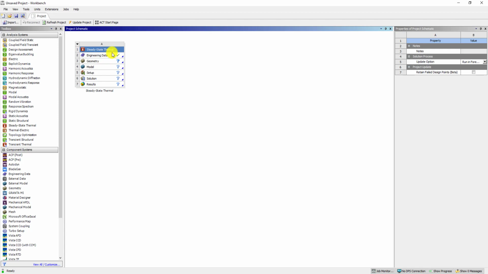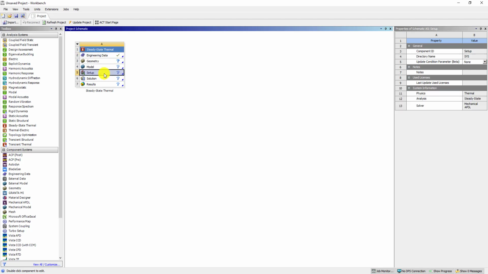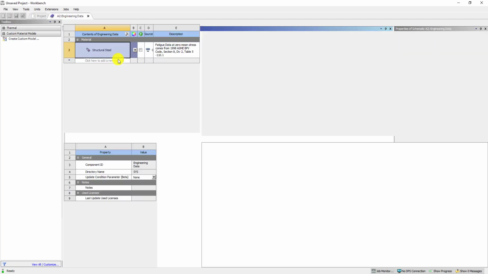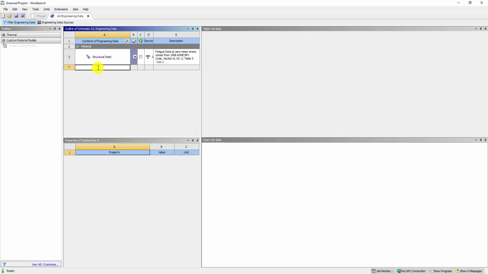Now first, we have to define the engineering data. We have to define K1, K2, K3, right? So we'll define K, the conductivity of the material, in engineering data, and the convective heat transfer in the setup. By default, ANSYS has a structural steel material. We are not going to use structural steel. We'll write down here K1 material,